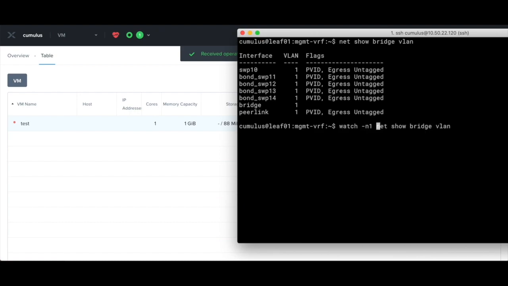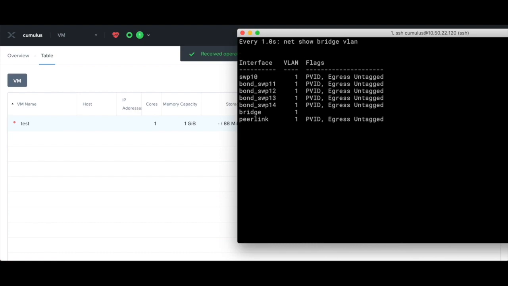We can use the watch command to continuously run the output of net show bridge vlan and observe any changes that occur to the bridge.